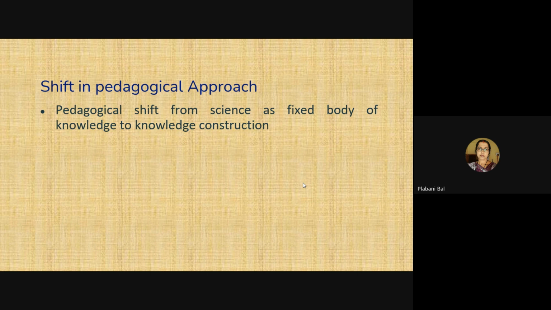For example, I am giving you one example. Suppose, as all of you know, according to the RTE, Right to Education Act, the students up to age 14 can be taken admission to the age appropriate class. Yes. So, suppose for